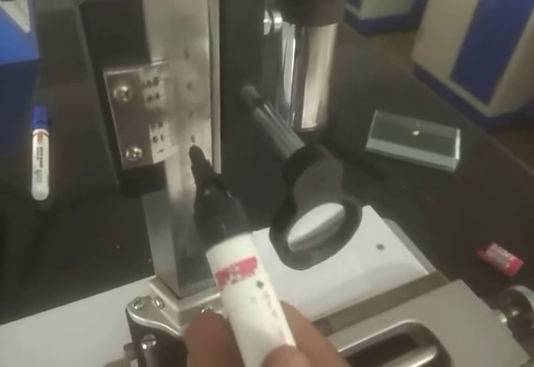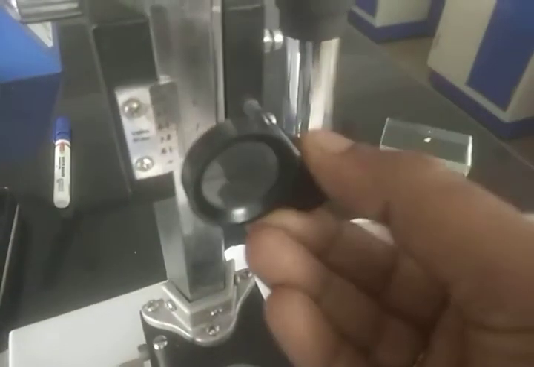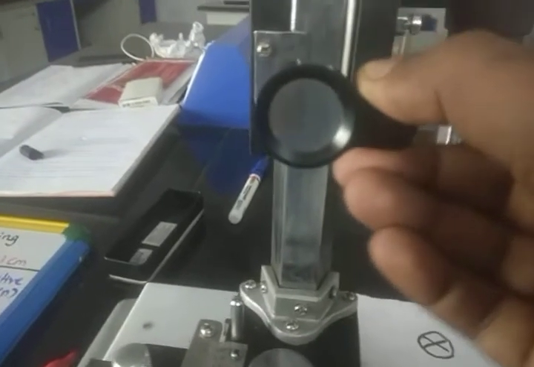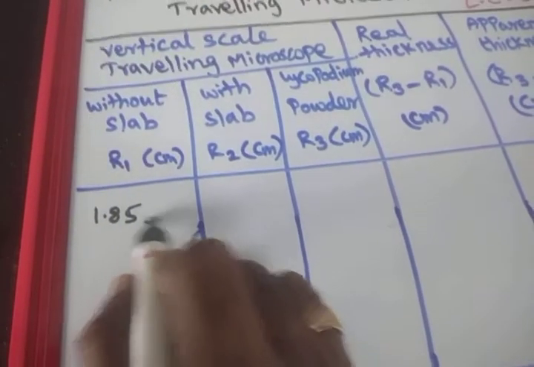Again I will say that there will be an arrow mark in this vernier scale. That arrow mark in the vernier scale exactly coincides with the main scale reading. You can use this magnifying lens to see this image. Are you able to see this? Yes, the divisions are clearly seen. So you can use this magnifying glass lens to find the arrow mark, which division exactly coincides with the main scale. Then you have to see the vernier scale reading one by one, which division exactly coincides with this main scale. That division is identified as 35.